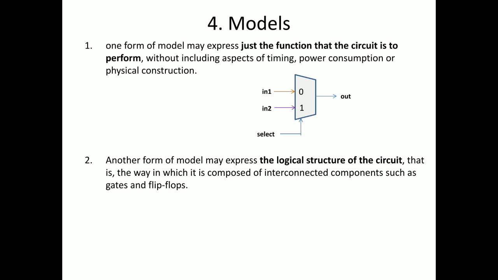This is the 2:1 mux. Whenever select line is 0, we will get the output as input 1. Whenever the select line is 1, the output will be equal to input 2, right? How can this mux be described in a functionality way and in a gate way, using logic gates? The first one, expressing in a function way. What is the function? If select, then output equals in 1, else output equals in 2.